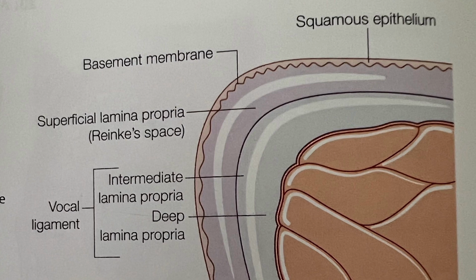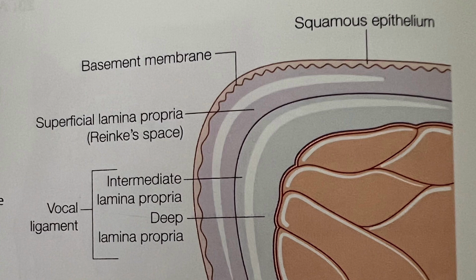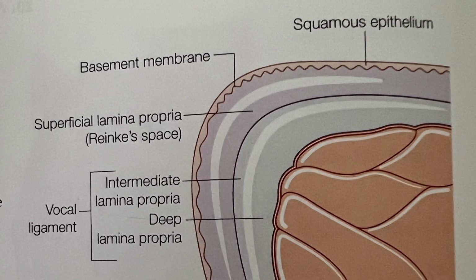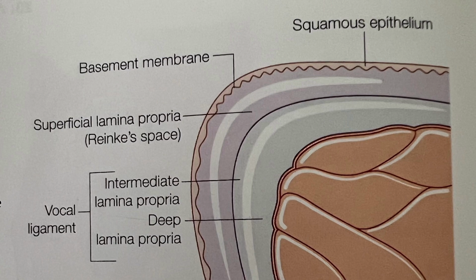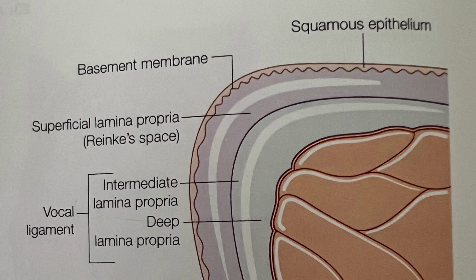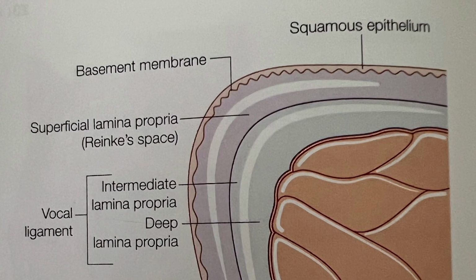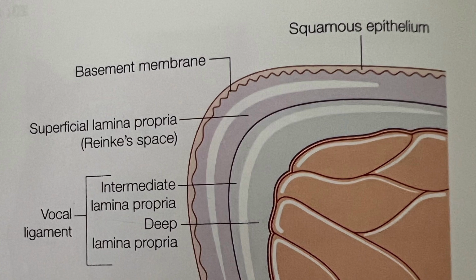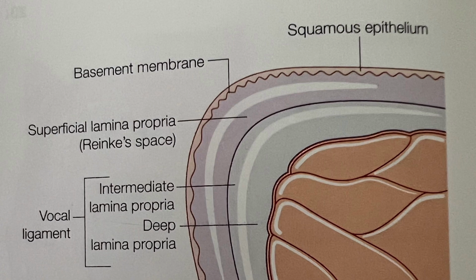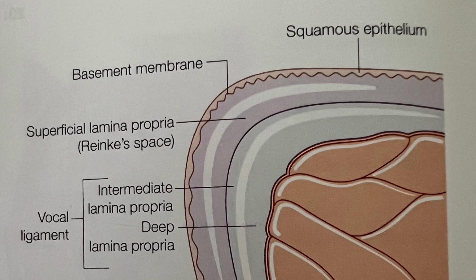The inferior membrane is called the conus elasticus, which attaches below to the upper border of the cricoid cartilage and to the midpoint of the thyroid prominence anteriorly, and posteriorly to the vocal process of the arytenoid. The free border of this conus elasticus forms the true vocal ligament. The true vocal fold extends from the angle of the thyroid cartilage to the vocal process of the arytenoid cartilage.